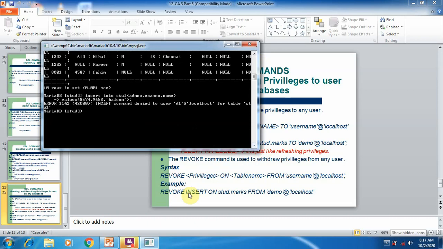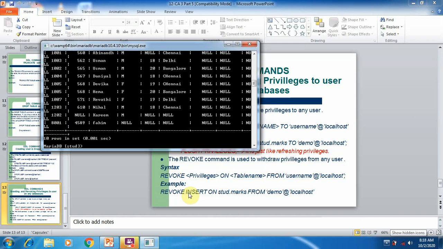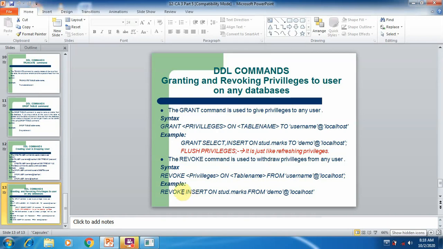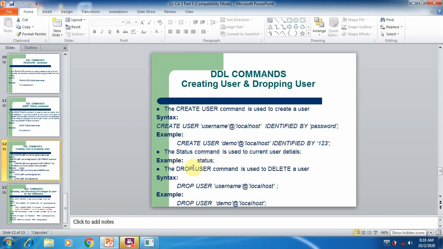So now D1 user is unable to insert data to the student database of root user, but he can use a select command from D1 user. So this is the power of revoke command. So grant command is used to give privileges, revoke command is to withdraw privileges. So privileges mean any permission given to user.